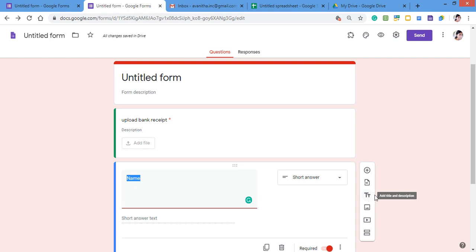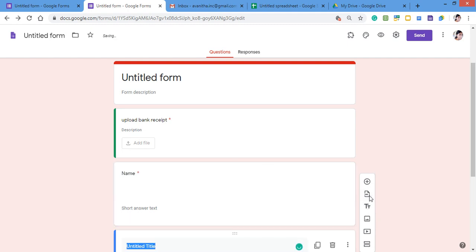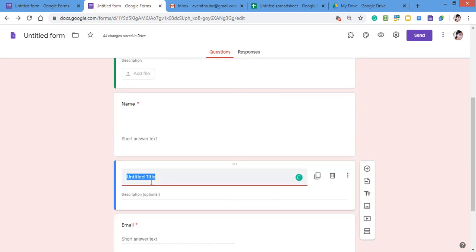Once you want to clarify for the person filling the Google form, you can give this title and section. The person who is going to fill the next question will have an idea about what questions they are going to answer, given as a title and description.